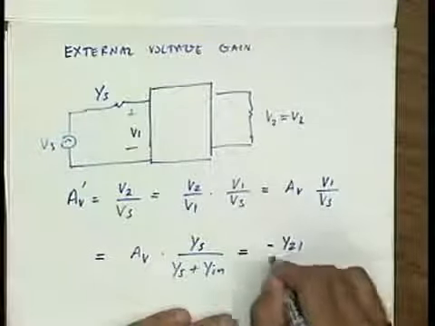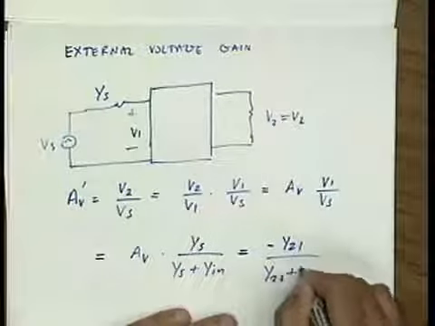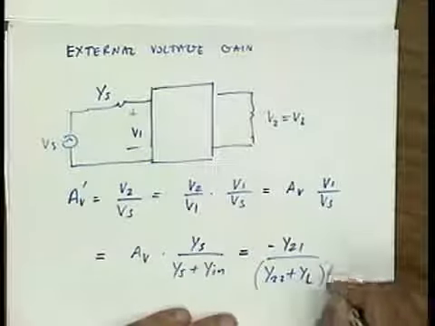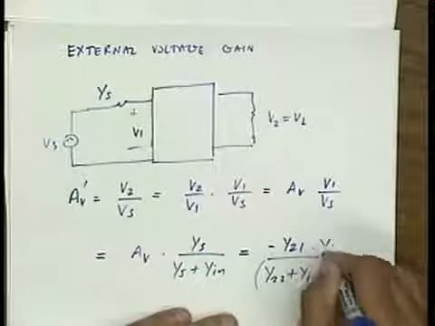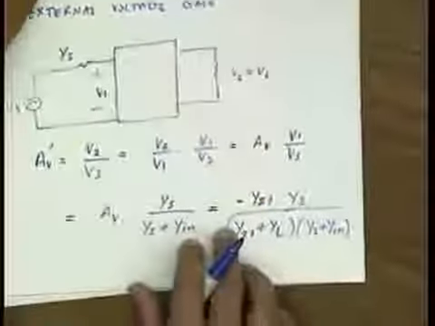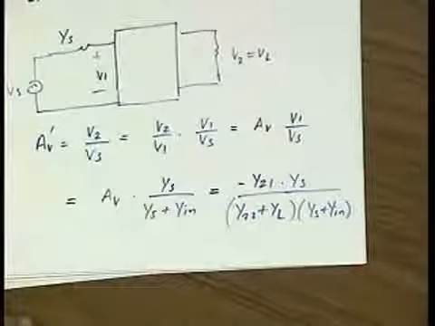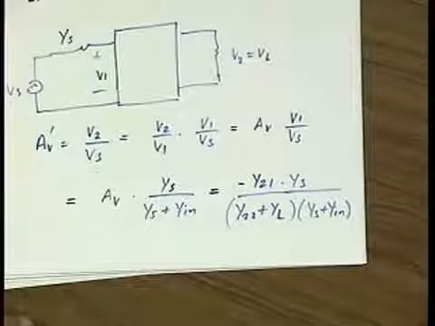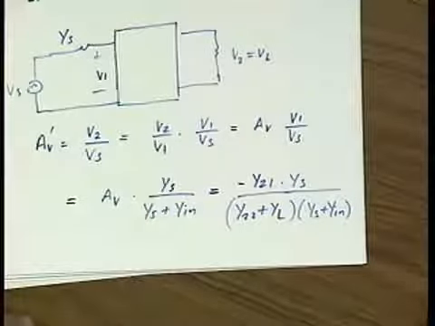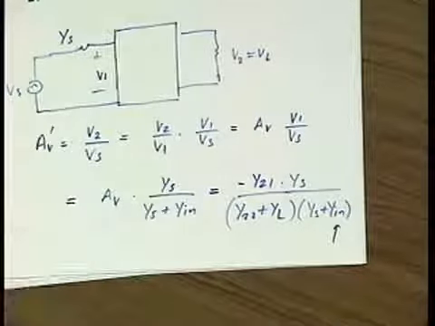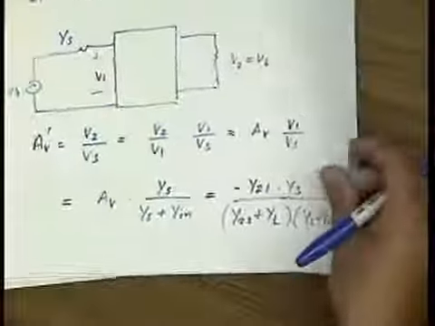AV we found to be Y21 over Y22 plus YL. This is Ys plus Yin, and this is Ys. So all I need to do here is substitute for Yin from the equation that I found. And if I do that,